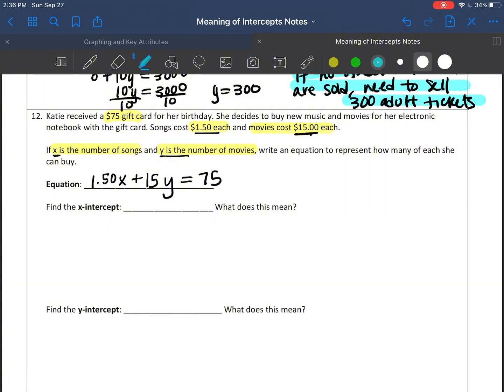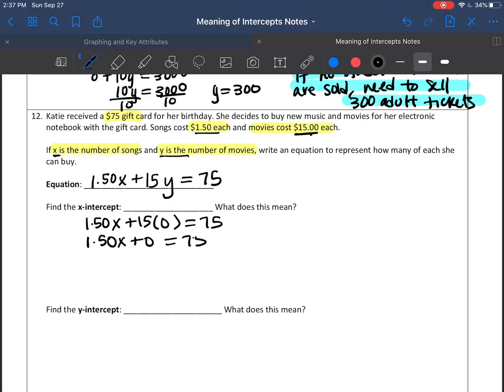All right, on this situation down here, we were dealing with x is the number of songs, y is the number of movies, and she has $75 on her gift card. And so each song is $1.50, each movie is $15. And so to find the x-intercept, we take our equation, 1.50x plus 15y equals 75, but we plug in 0 for the y variable, leaving us with 1.50x or 1.5